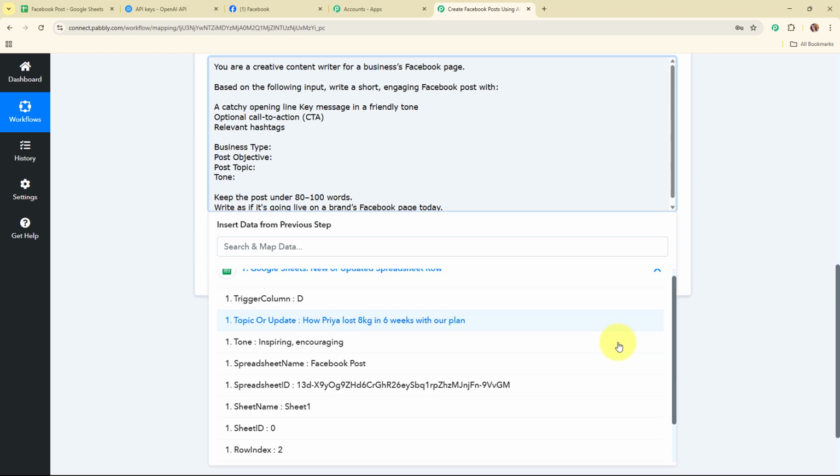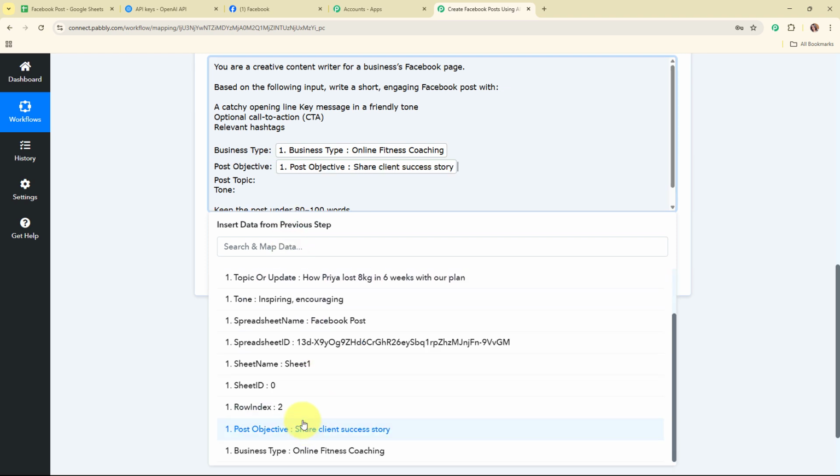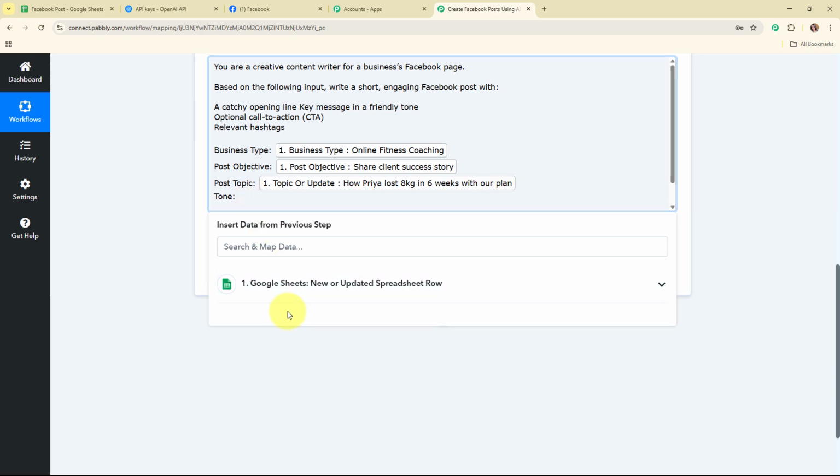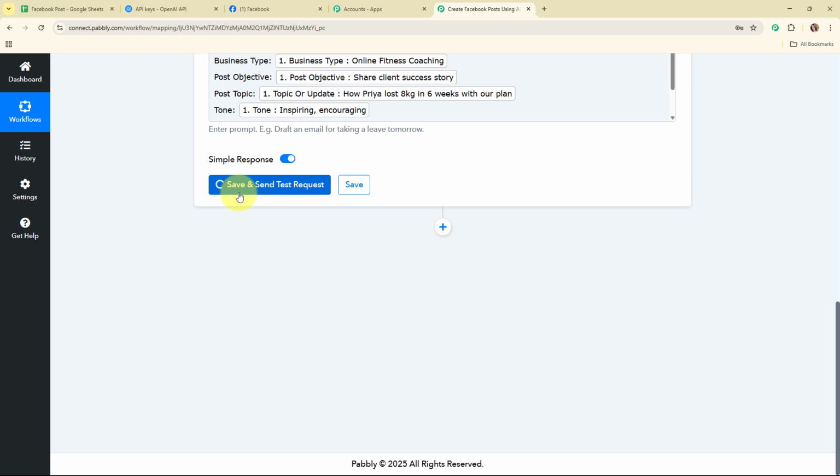So here for the business type, I'm going to map the business type. Here for the post objective, I'm going to map the post objective. Here I'm going to map the post topic, and here I'm going to map the tone. And now, after entering all the required details, I'm going to click on the save and send test request